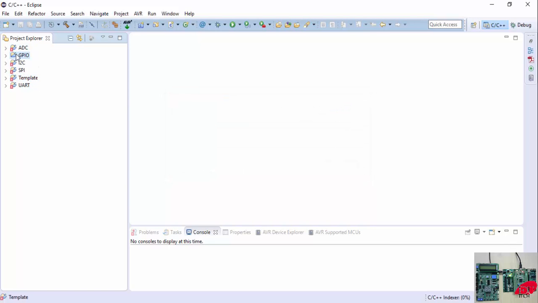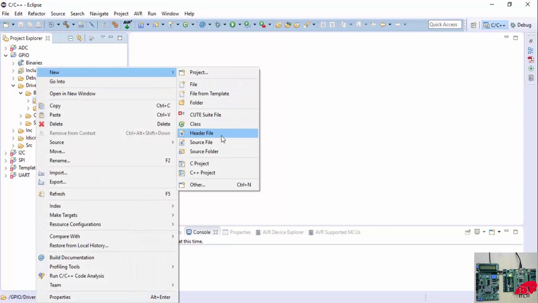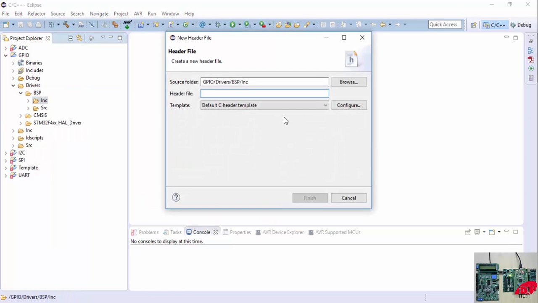Okay, so the GPIO project is created now, and you can go here to the drivers in the BSP. Now we have to write the drivers for GPIO, right? First of all, just right click on this include folder and create a header file and give it the name bsp_gpio.h,